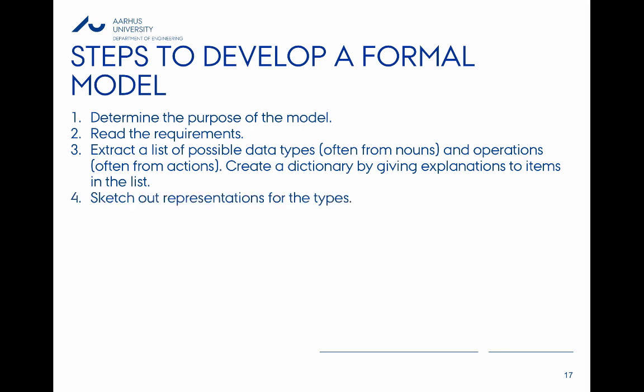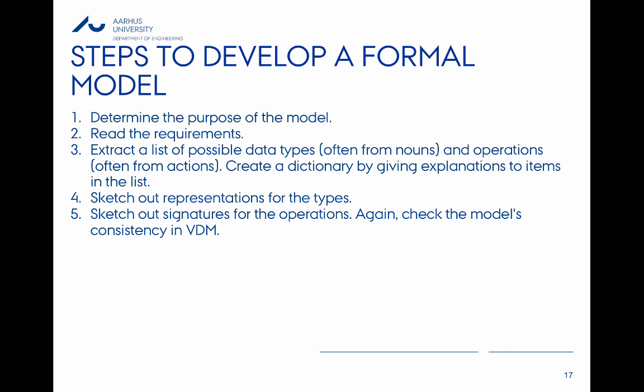Then you can sketch out representations for the types that we would like to use in the model, and sketch out what I call signatures for the functions and operations. The difference between a function and an operation is that a function cannot see a state. It cannot touch it at all, whereas an operation can see a state and also manipulate the state, unless it's a pure operation. Again, these signatures indicate what input types we would like to take and what output results we get. And then we can check the consistency of the model we have produced so far, for example